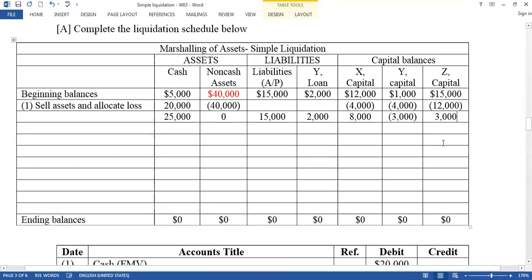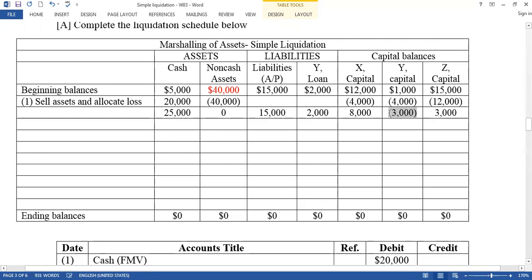Clear? So at this moment, this is the negative balance, right? But other two people still have the ability to survive, right? Now we find that we have enough money to pay the outside liability, right? We have enough money to pay the outside liability. So number 2,